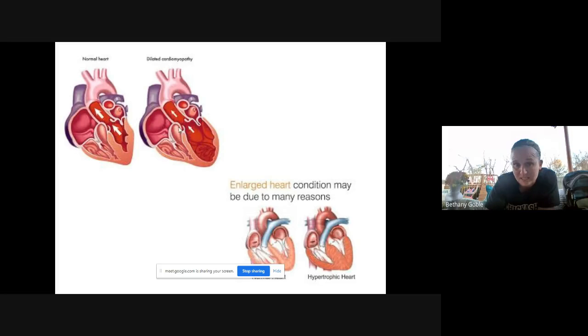This is where, if you guys can see, normal heart, right? Nice thick muscles, chambers nice and intact. As you see here, this chamber is huge because what's happening to those muscles, they are thinning out. So if you see these muscles, the outside and the interior walls of that chamber, they are so thin. So when that blood drops down there, it doesn't have enough oomph to squeeze all the blood where it needs